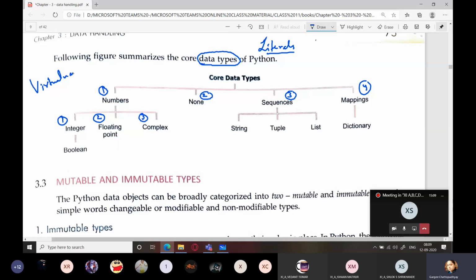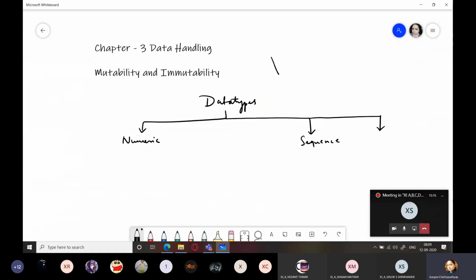Virtual memory is that part of your hard disk which is considered as RAM. It happens when your RAM starts running out of space.